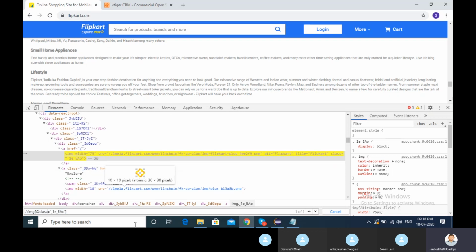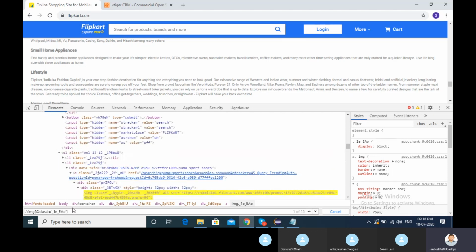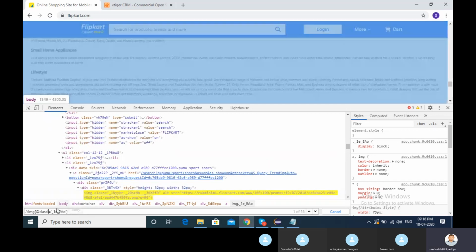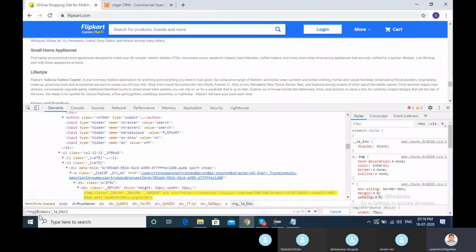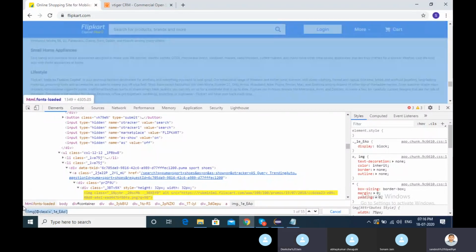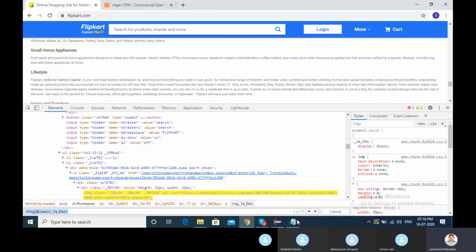Let me put one more example. I don't want to find images which have this class with this tag, so I can provide it like this as well. Class is not equal to, so what happened? I find images whose class is not equal to 1e, correct? So this XPath you can also find.